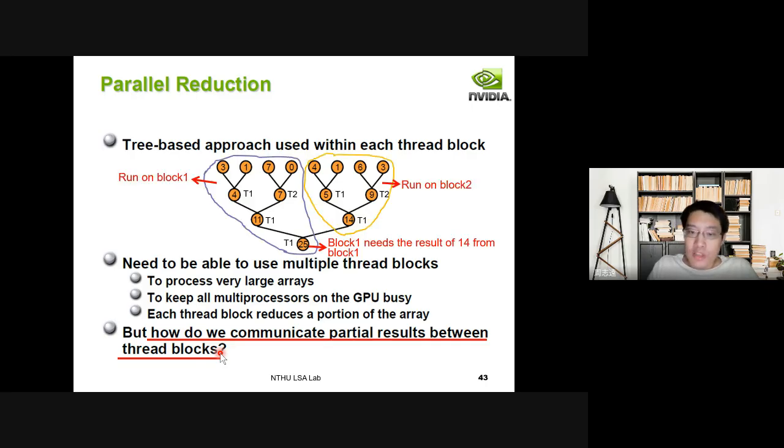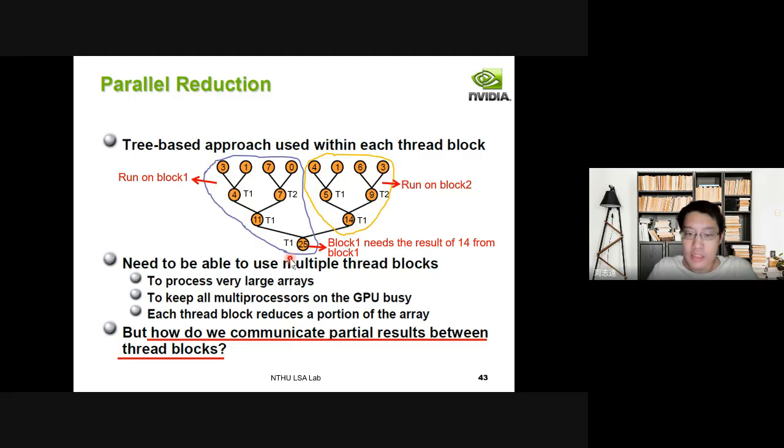So what happens is like this: let's say every thread block can only support 2 threads, and here we need 4 threads, so